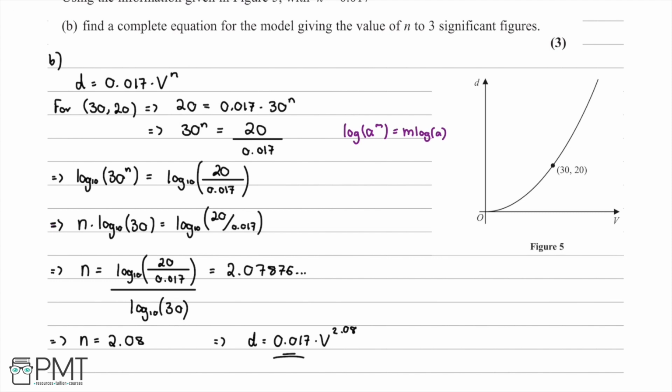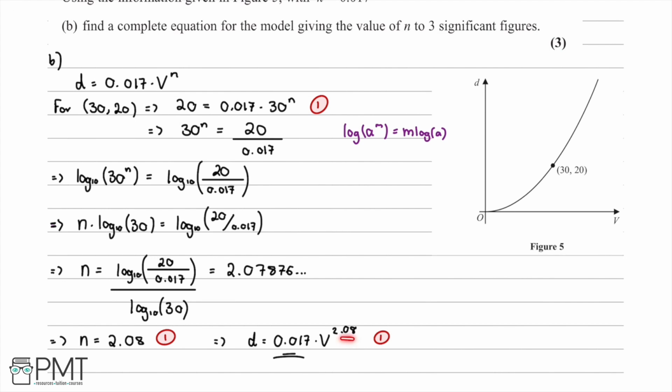So in this question, there were again 3 marks on offer, and we received our first mark for substituting in 30/20 into our expression for the distance. And we then received our second mark for carrying through the working and rearranging to solve for n, and saying that n is equal to 2.08. And then we received our third and final mark for rewriting our equation but with our new value of